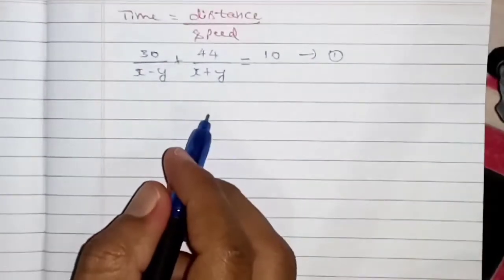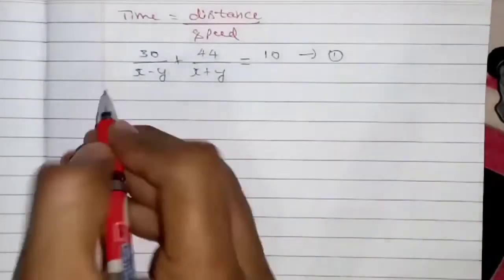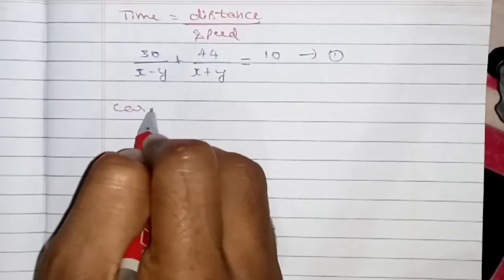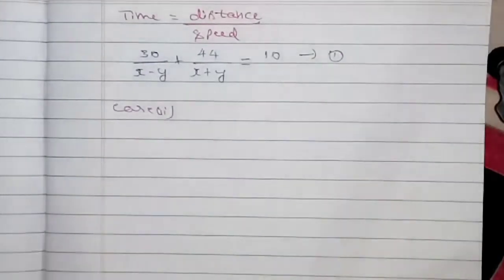Now another case is there. Now I'll take another case, case number 2. In case number 2, what is the total time taken by the boat? As usual, time is equal to distance by speed. If you apply it, you'll get another condition, right? And by solving these two conditions you can find the speed of the stream and the speed of the boat in still water also, right children?